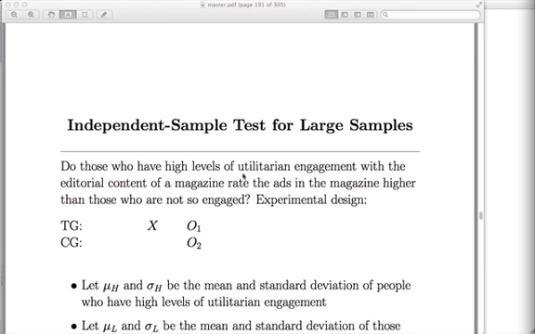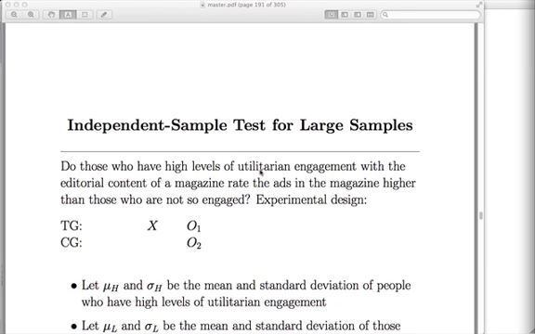We did some tests, and we were able to measure the utilitarian engagement with the magazine. So what is utilitarian engagement? Utilitarian engagement means that you're getting useful advice and tips from this magazine. It's showing you how to do things the right way, and so forth. If you, the reader, have this perception that you're going to get real useful advice from reading this magazine, that is going to color the way you respond to the ads in that magazine,